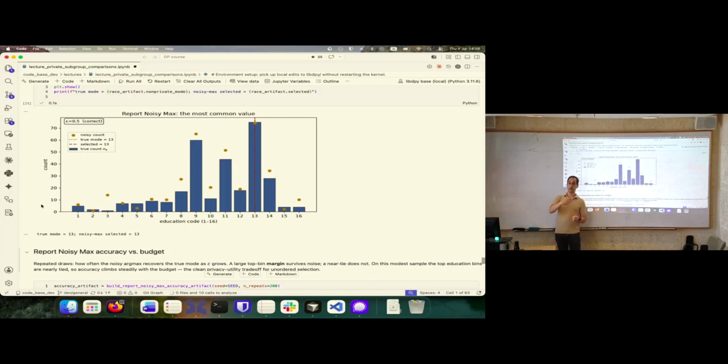So typical accuracy guarantees for report noisy max are something like the probability of reporting someone decreases proportionally to the gap between the one we reported and the true maximum. And then you say, well, if the maximum group has 1 million users and this one has 990,000, then yes, that's not the maximum one, but it's a good candidate to be the second one.